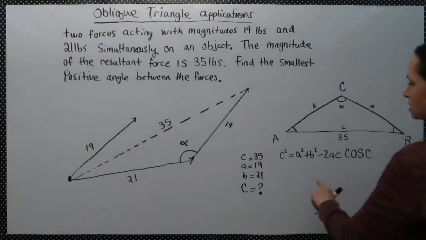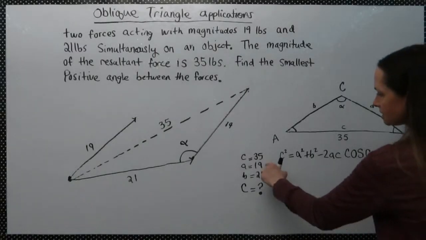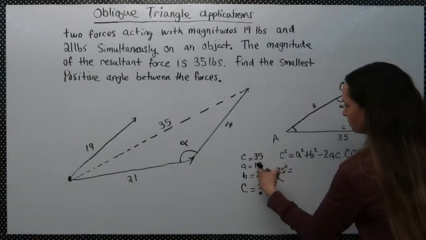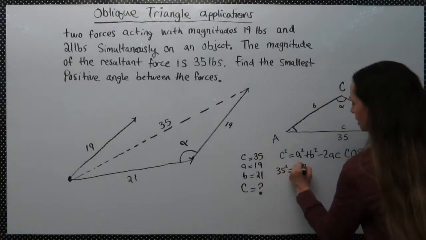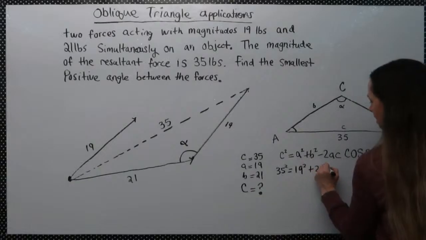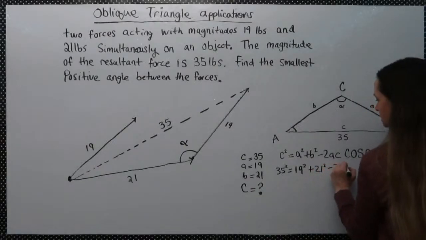Now I just have to plug in from my list. C is 35, so 35 squared equals a squared plus b squared minus 2 times a times